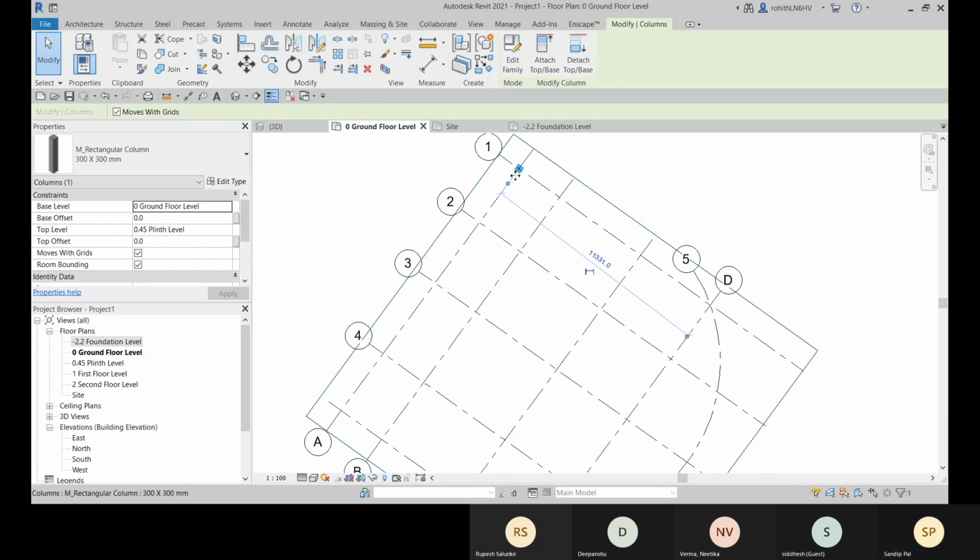And we can go for this edit family. So this option is needed later. So I'll not go with this edit family now. Later we'll learn about this edit family, and if I need to change in this family, I will add it later. Okay, so this is the base level. You can see the base level is ground floor, and it will go to the top level, to the foundation level. It will go down to that foundation level.